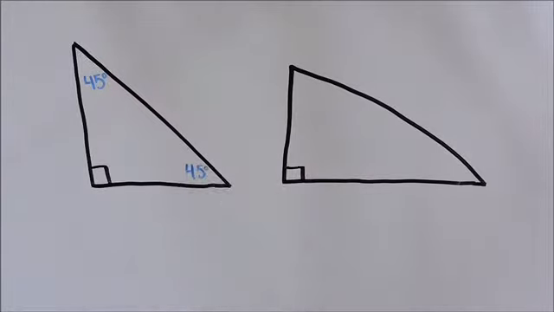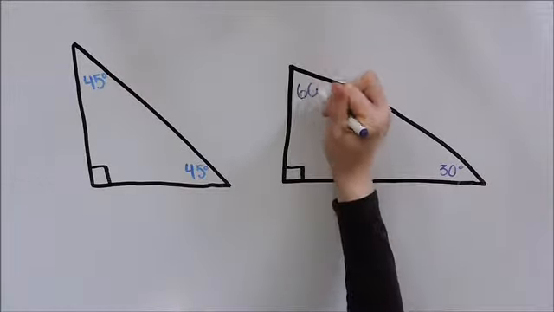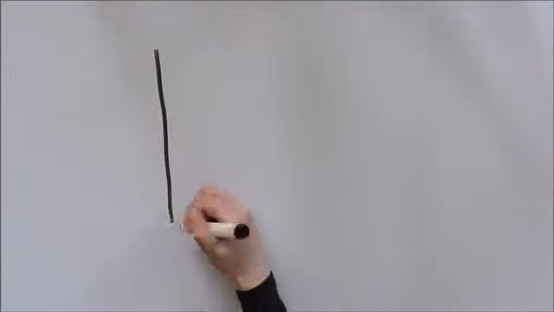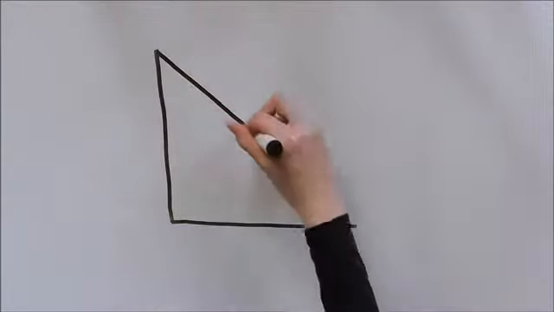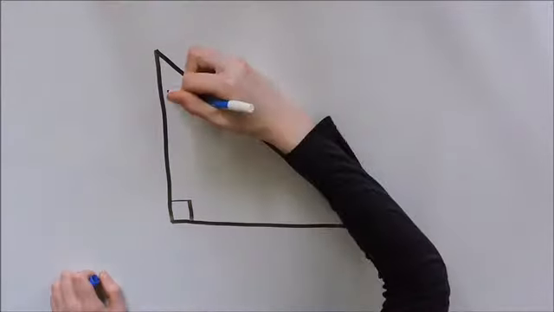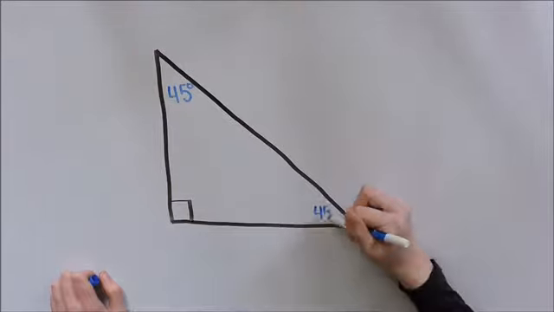Let's take a look at both of these right triangles. The first one, notice how both of its angles are 45 degrees. This type of triangle will have a pattern for its side lengths. Both of these legs will have the same length, while the hypotenuse will be that leg length multiplied by the